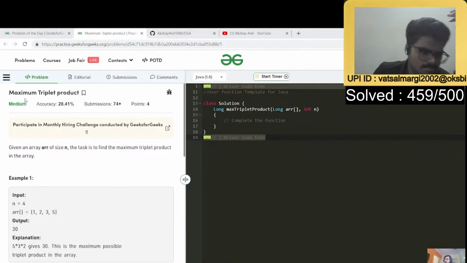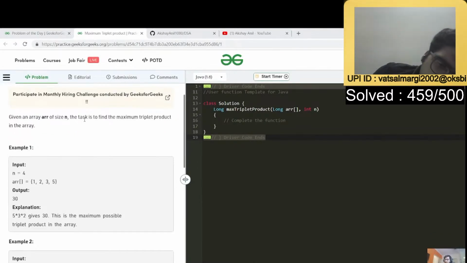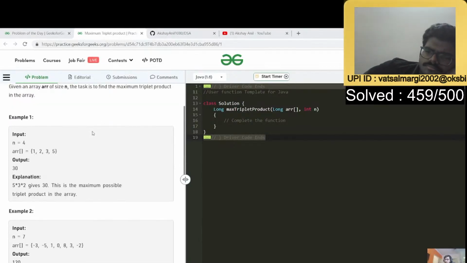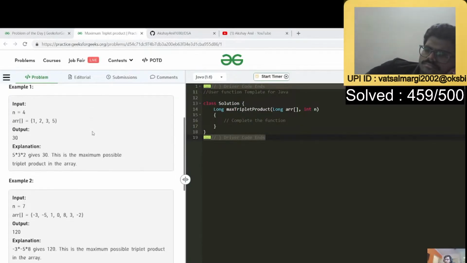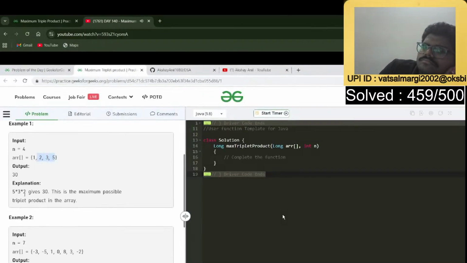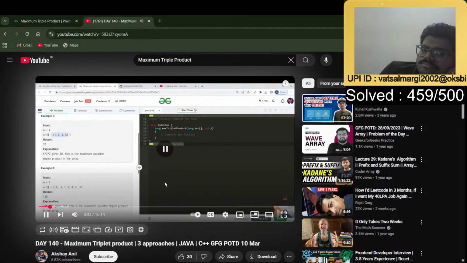The name of the question is Maximum Triplet Product. It is a one-line question: given an array of size n, the task is to find the maximum triplet product in the array. So we have to choose three numbers such that the product of them is maximum. For the first input case, the three numbers chosen are 5, 3 and 2, whose product is 30. It is very clear that if the elements are positive, then you just have to